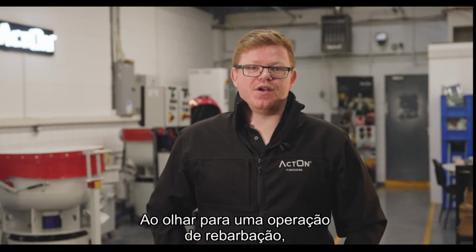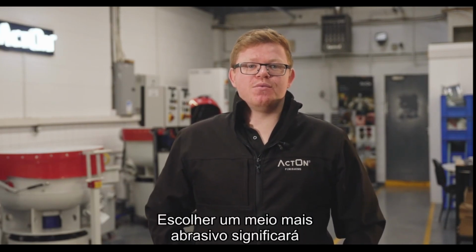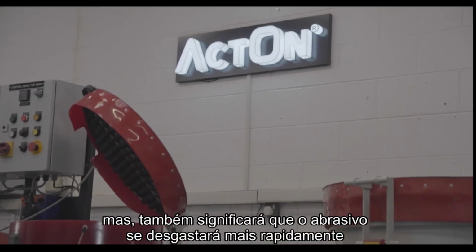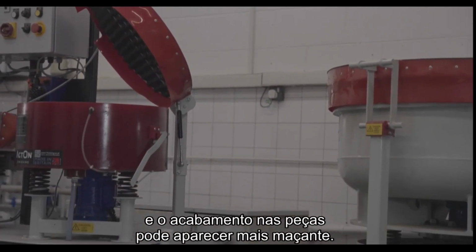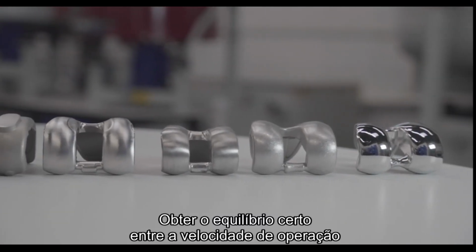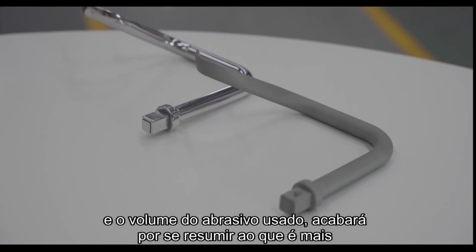When looking at a deburring operation, the requirements for the customer become more important. Choosing a more abrasive media will mean that the deburring time will reduce, however it will also mean that the media will wear quicker and the finish on the parts may appear to be more dull. Getting the right balance between the speed of operation and the volume of media being used will ultimately come down to what is most important to the